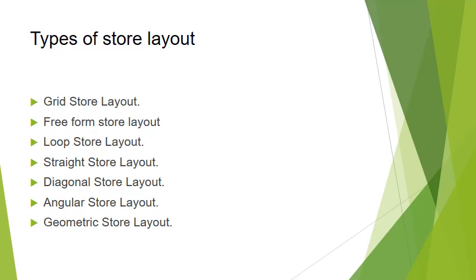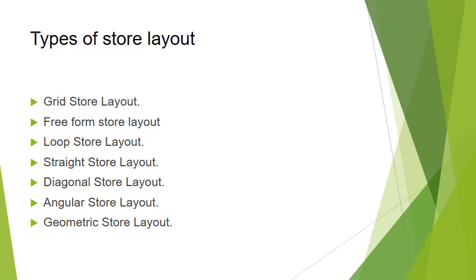Next one is diagonal store layout. The diagonal store layout is used to place fixtures at an angle to increase customers' line of sight and expose new merchandise as the customers navigate through the space. A variation of the grid layout, the design helps guide customers to the checkout area. Small stores can benefit from these space management options, and it is excellent for self-service retail because it invites more movement and better customer circulation.